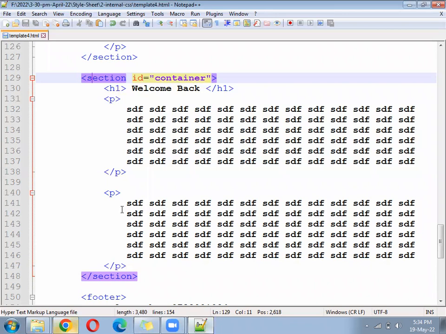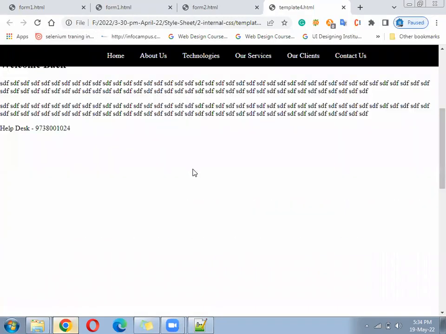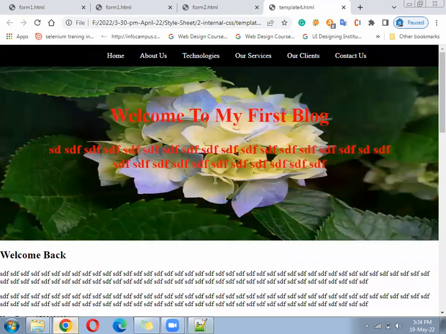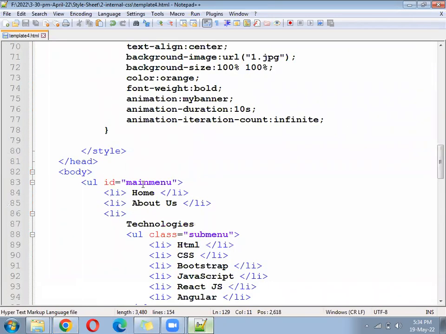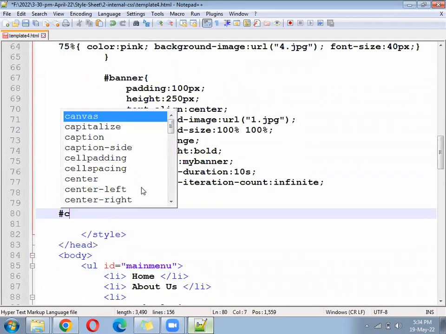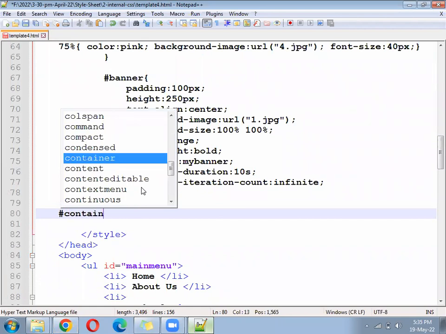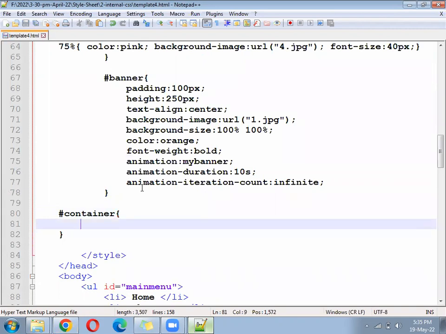CSS you can write for container and we can write some CSS for footer as well. Container and footer both are coming up. Let's write some CSS for container and footer. Add here has container. Under this container,